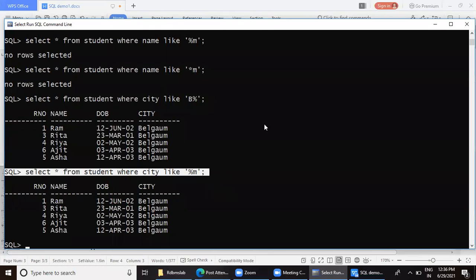DOB like percentage A. Only percentage A means any number of characters before A. So is my DOB ending with A?